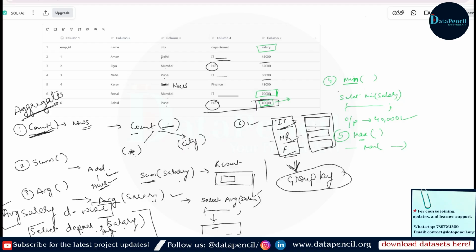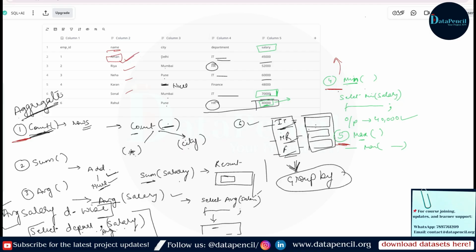Now one important thing, guys: among these 5 functions, the count function, min function and max function will be applicable for text columns as well. If we write min name, it means the name that appears first in the dictionary. Here that is Aman, so the output will be Aman.